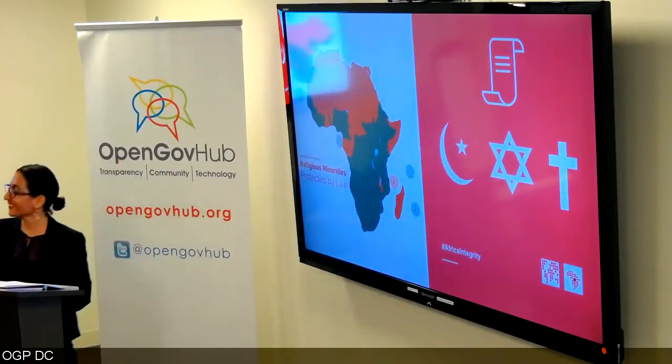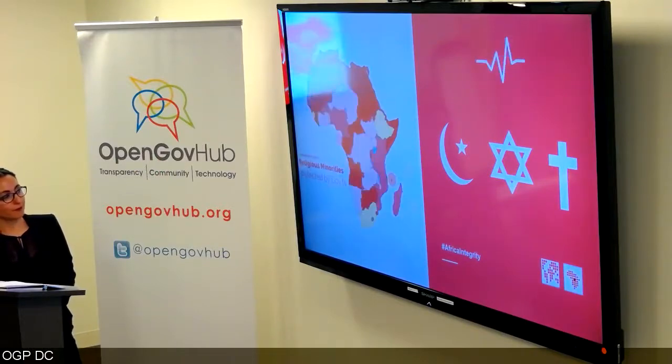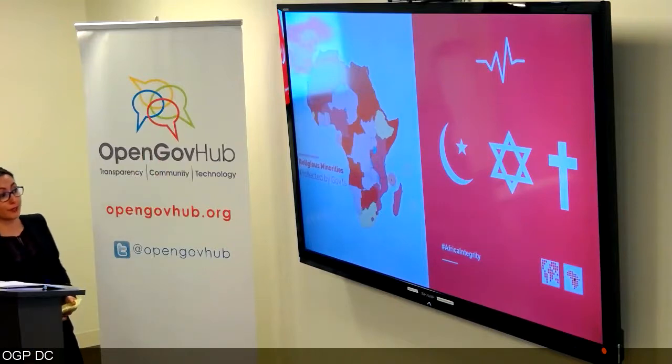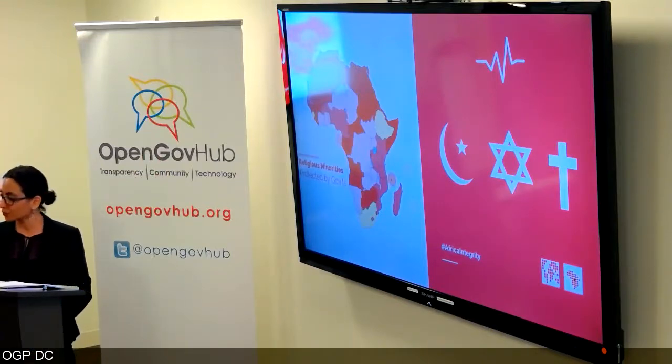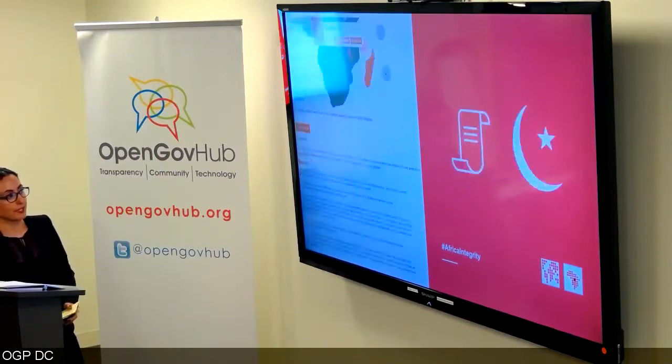So this is another example on the religious minorities protected by law. So here you can see that a lot of countries have protection, but in real life, are they protected by the governments? Not really. Because in practice, we focus on the mechanisms. Are there mechanisms that protect religious minorities? Are they accessible to all? And obviously, according to our research, that's not the case.